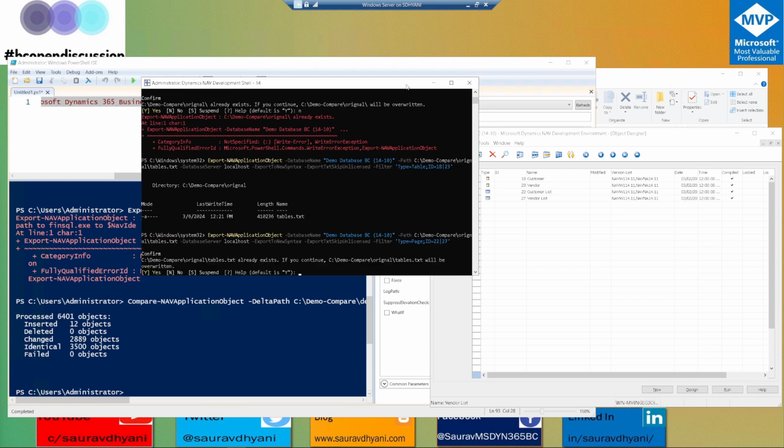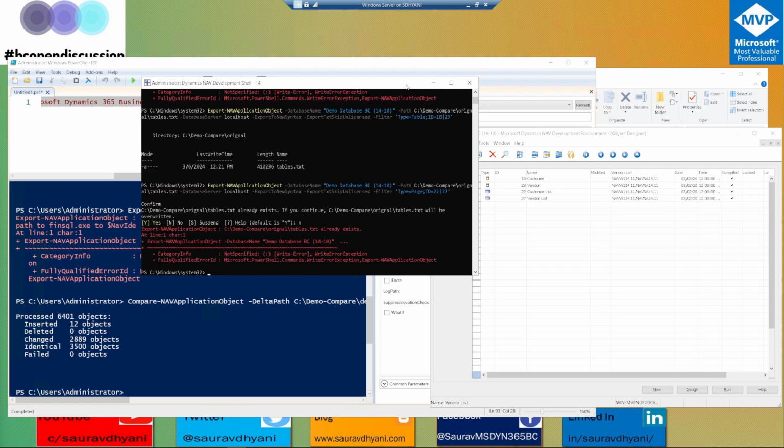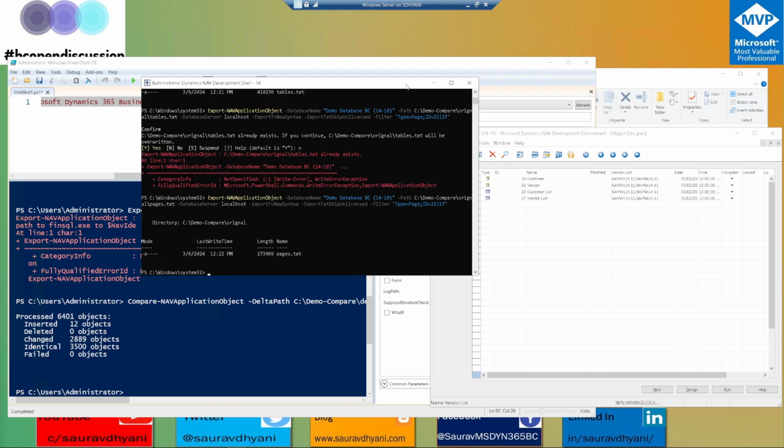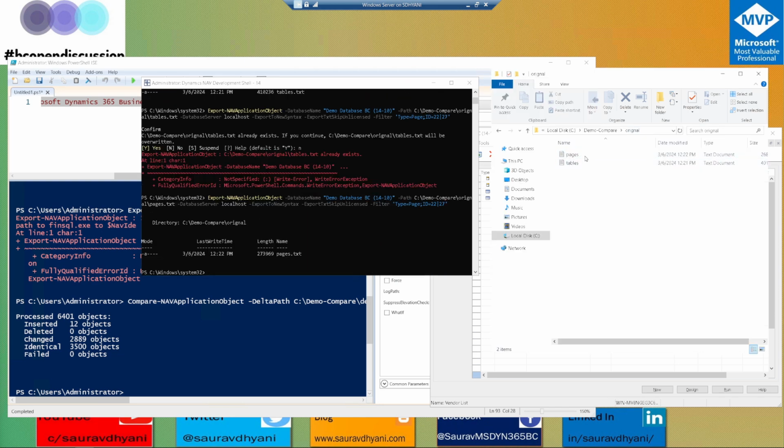And no, I don't want to overwrite this. I forgot to change the file name, so I'll call it pages.txt. Okay, so now in my original folder I should have two files, tables and pages. Now I'll do the same for